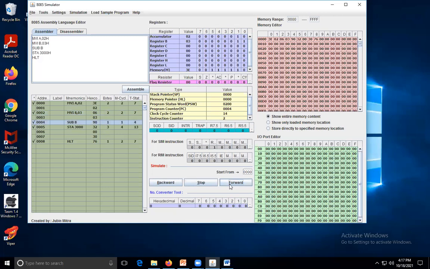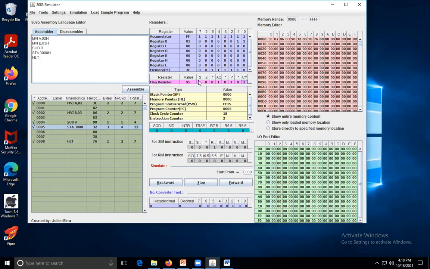Then subtract B. So what is the answer? FF is contained in the accumulator. See, the sign flag has become 1. The sign flag becomes 1, auxiliary carry becomes 1, and carry becomes 1. Why is the sign flag 1? Because your answer is negative, so the sign flag will be 1.